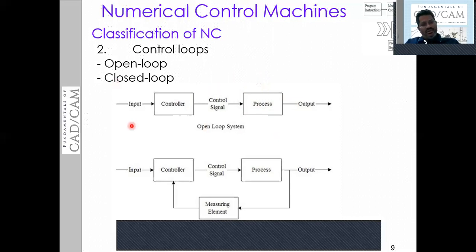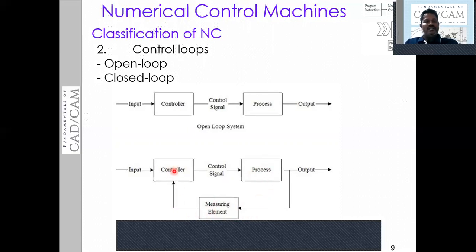Whereas in the case of a closed loop system, the processing machine is going to receive the feedback signal continuously. Now you can see here you have a processing machine. If there is any deviation of the actual value from the signal received from the controller, the measuring equipment is going to measure that error. Again, that signal will be sent to the controller.